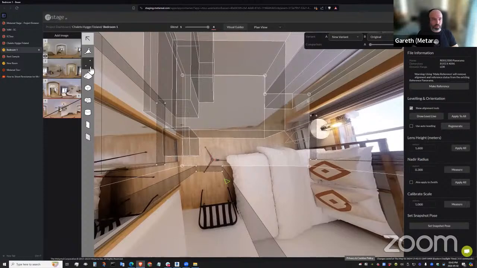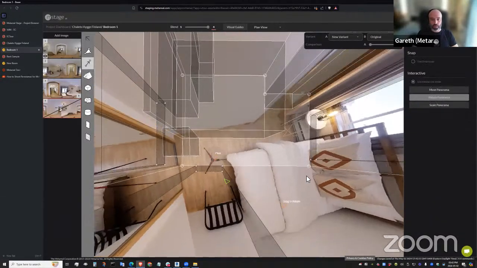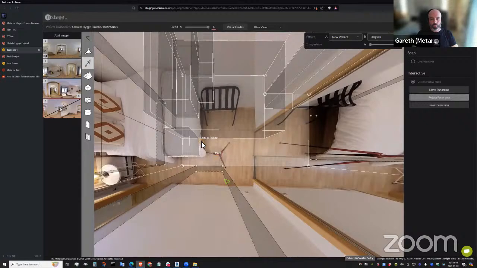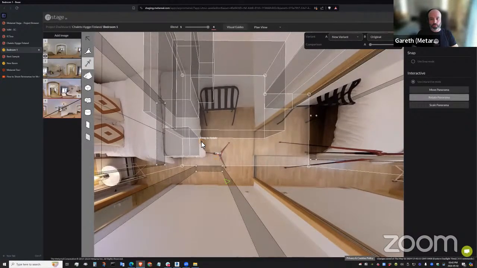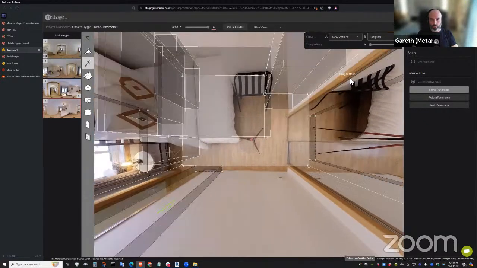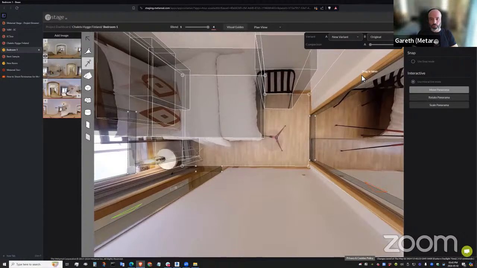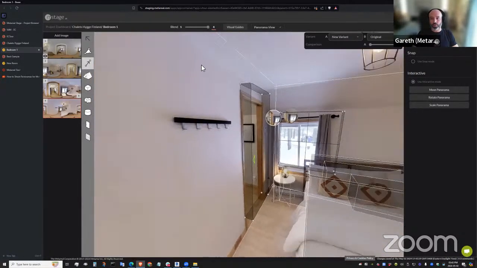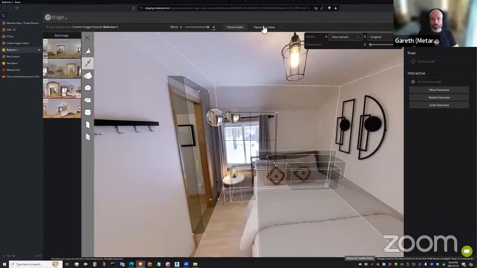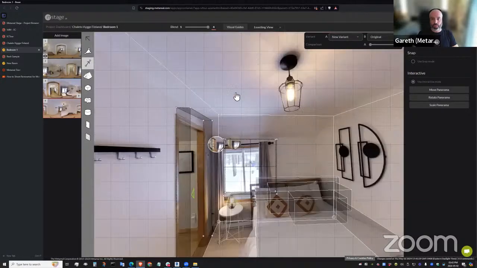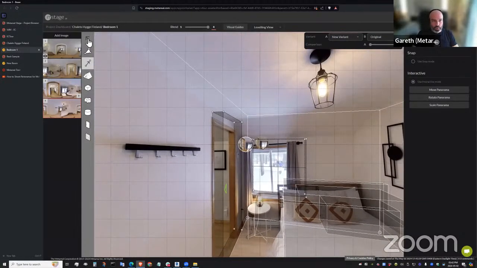Just need to align this guy super quick as well. I'm not sure that my leveling is super good. I'm going to go and fix that a bit better, and extend the leveling, which is a bit of a mess. So if I do want to check my leveling and it doesn't look super good, I'm going to go to the leveling view and we can see that we're a bit off there.